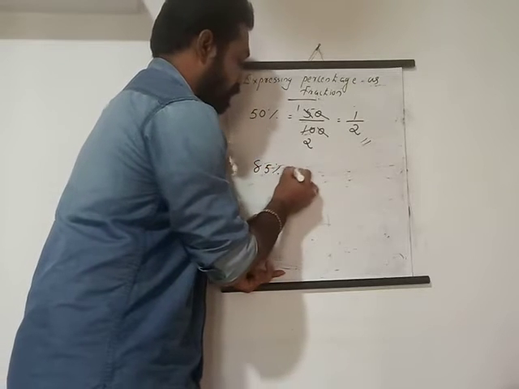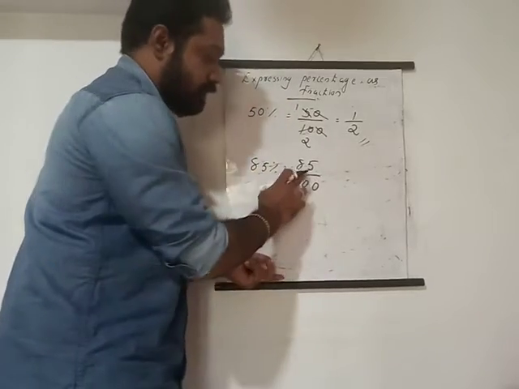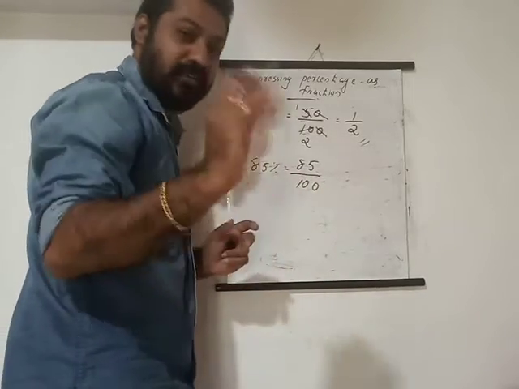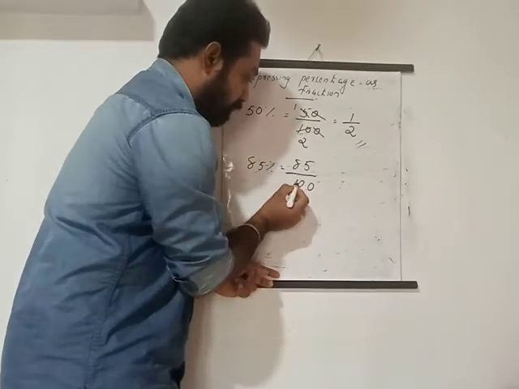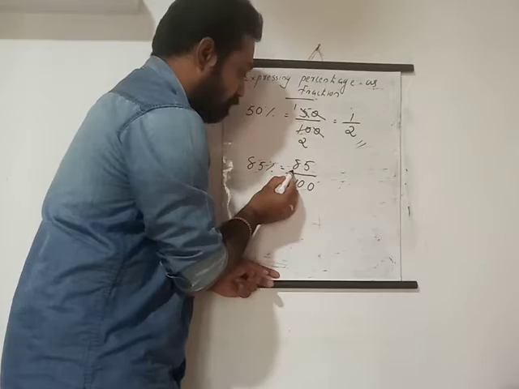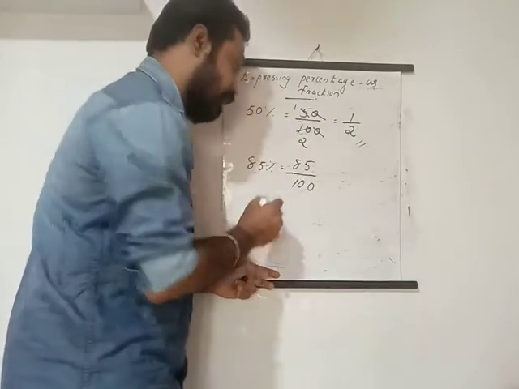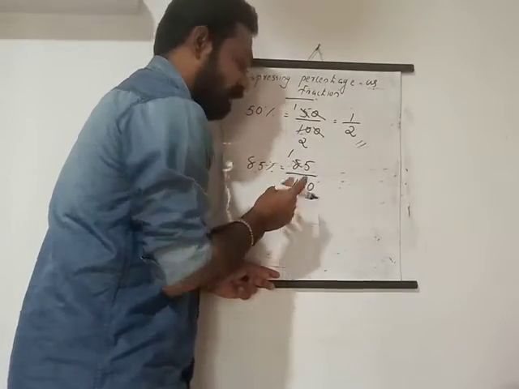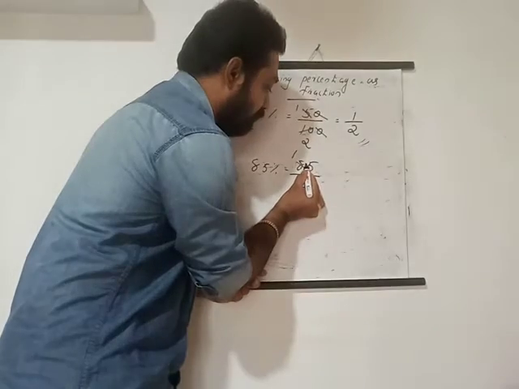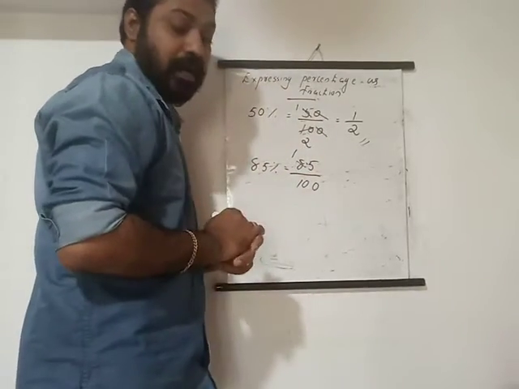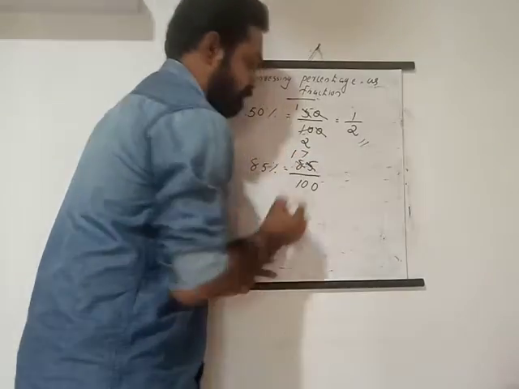Now 85 percent. We can write it as 85 by 100. Here also you can see that both have 5 as a common factor, isn't it? So we can cut these numbers using 5. When we are cutting, first this is 8. So 1 five is 5, 2 fives are 10. So we take 1 five is 5. Then what is remaining? 5, 6, 7, 8. Then this will become 35. 3 will be here, 35. So how many times of 5 is 35? 7 fives are 35. So you will get 17.